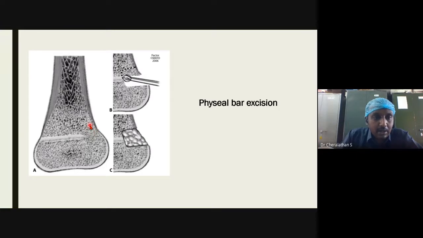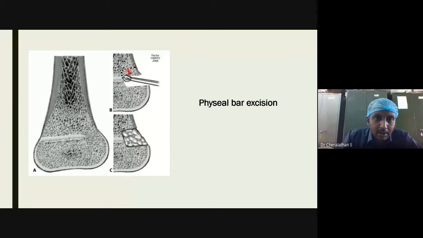Now, this is not exactly representative of the X-ray you saw there. In the X-ray you saw there, the physeal bar was in the proximal medial tibia, right? Now, this is the intact physis where the growth continues to happen, whereas this is the damaged physis where it has been bridged by a bone, which we call the physeal bar. Now, surgically, what is needed? You just remove this physeal bar and keep it open. This is actually a fat pad kept in the part which has been removed.